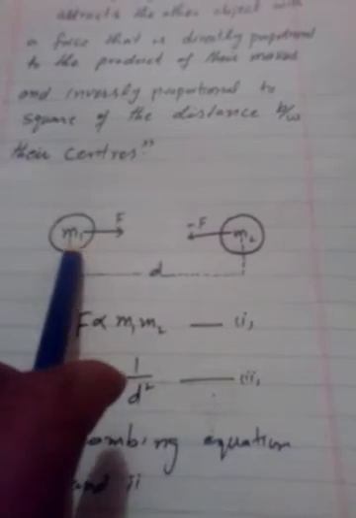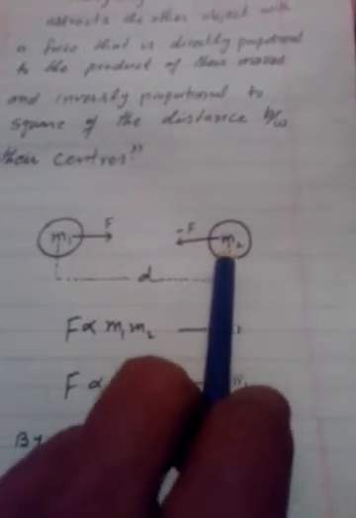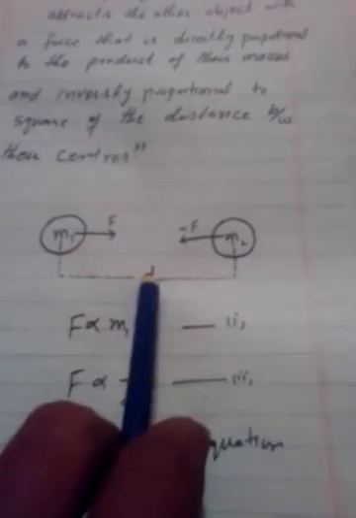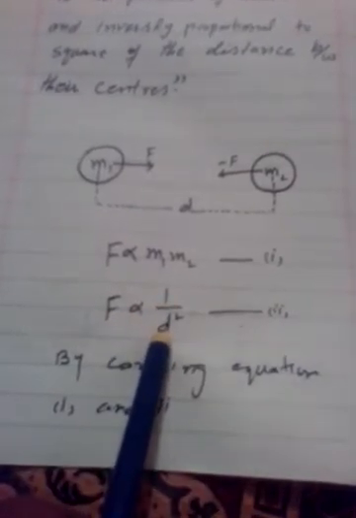As the distance of m1 from m2 is d, the distance of m2 from m1 is also d. That's why we take the square. So F is inversely proportional to the square of the distance. This is labeled equation 1 and this is equation 2. If we combine equations 1 and 2, then we get the equation